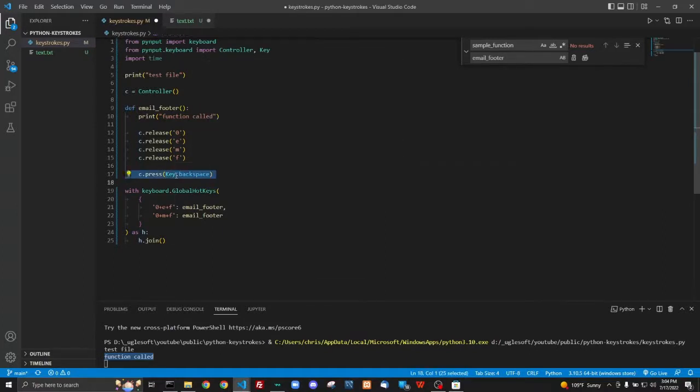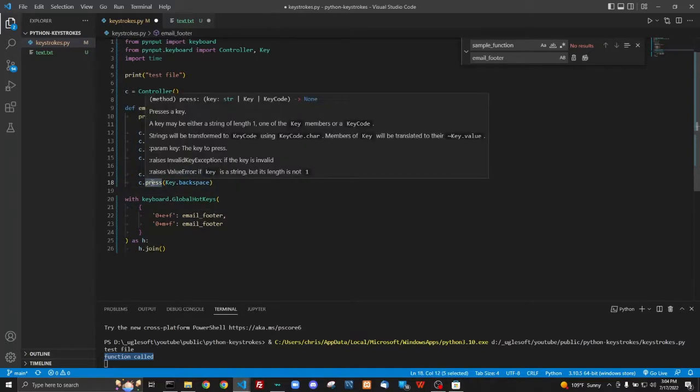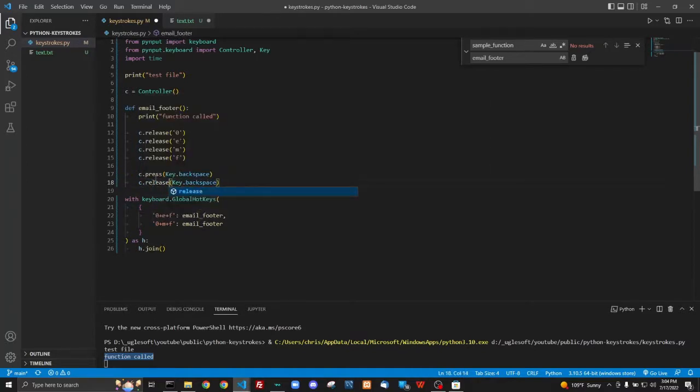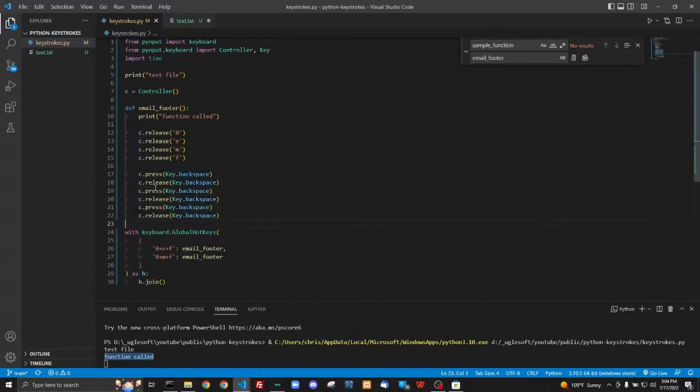So that's going to press the backspace key, but then we also need to let it go and press it again. So this is going to press and release the backspace key, and we do that 2 more times because there are 3 characters that we just typed out, and now we have completely cleared out what we put in for the actual hotkey. This is going to be at the very beginning of every single function that I call